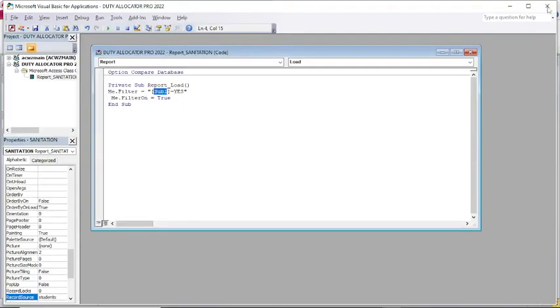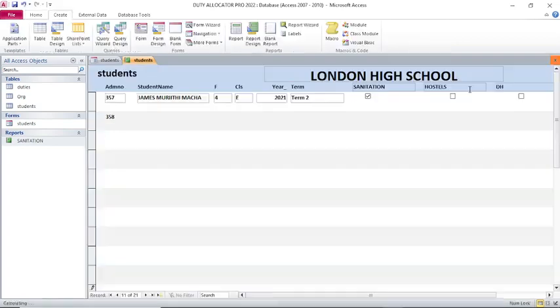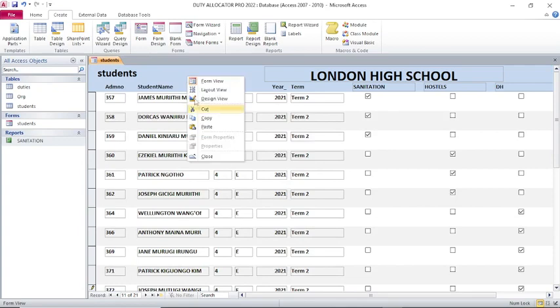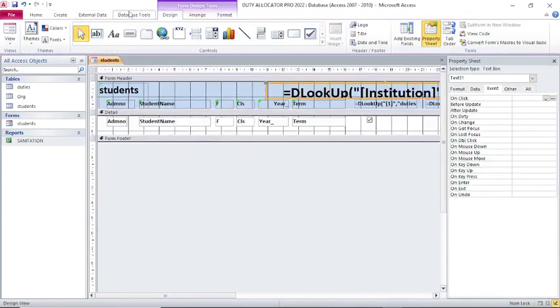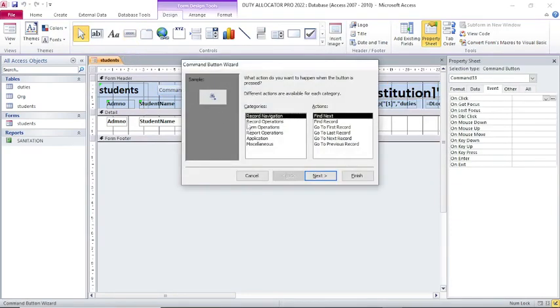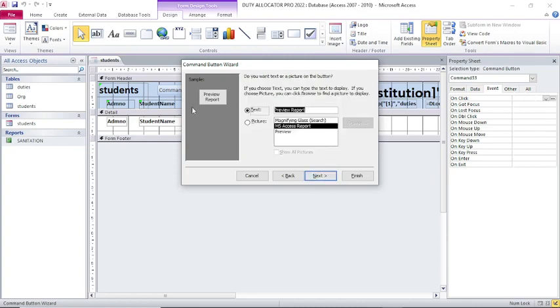And therefore I just go to this one and run it. There you are, ladies and gentlemen. You notice that only the students whose sanitation has been ticked yes will be displayed. And for that case, if I just need to have the report placed here, I just go to design, then I take this button, I just draw it here, then I just go to report operations, preview report, next. Therefore if I have 5 reports, I will see them here. For now I have 1, just go to next. Then here I just see